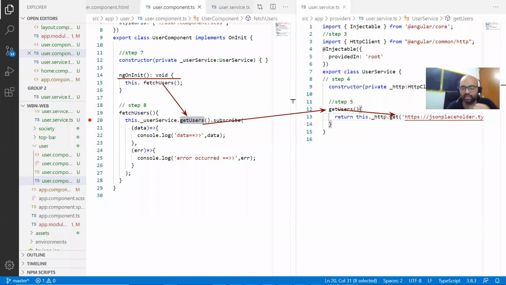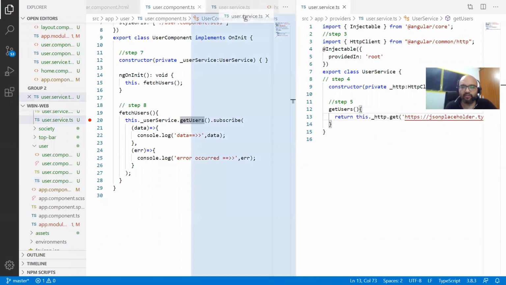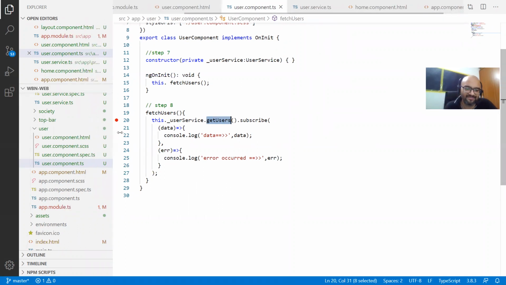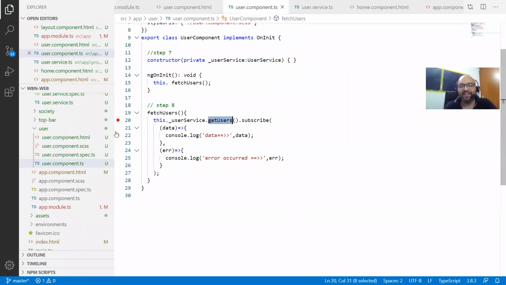Did you understand the flow? Yes, sir. Good. So now you tell me what is pending, what we don't have. What I say is it will not run. Yes, sir. It's not because of the code. We have to mention that user component in our index.html. Or app.component. Come on, man. We are calling the component dynamically. It will work. Why will it not work?